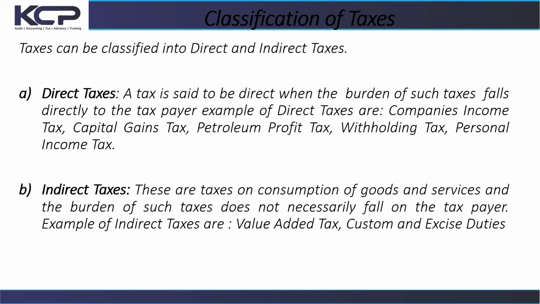The burden is actually transferable. So they are usually consumption taxes. So these are taxes on consumption of goods and services, and the burden of such tax does not necessarily fall on the taxpayer. A typical and very good example of this is the value added tax and the customs and excise